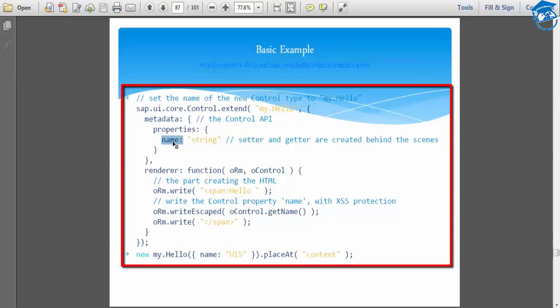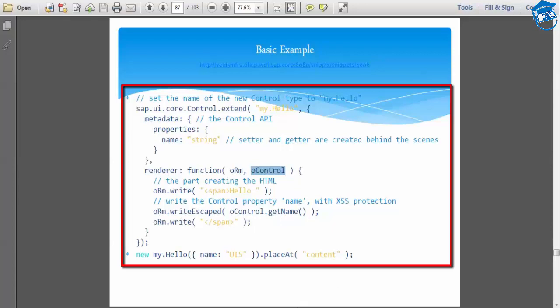When you include these properties, since you're extending UI.Control, it automatically creates the getter and setter. And the renderer is doing on after rendering, a function with the render manager and the control. So with oRm.write, inside this we have hello, and we are creating the hello control. That displays only hello whenever you give a name, then this control comes.